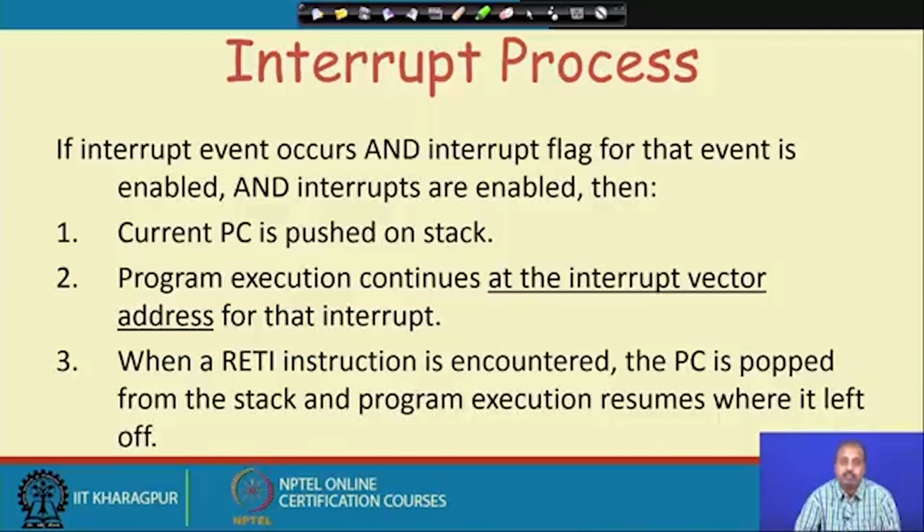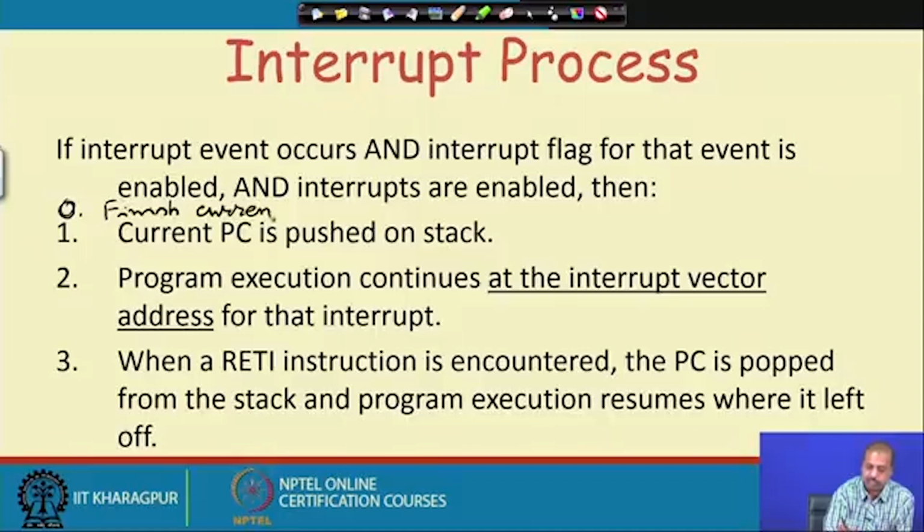How is it taken care of? First, the current program counter value is pushed onto the stack, and before that you can write down step number 0, which is basically finishing the current instruction. So, we can write another step as step number 0 here, which says finish the current instruction, the instruction that it was executing, and only then will it go into the interrupt service